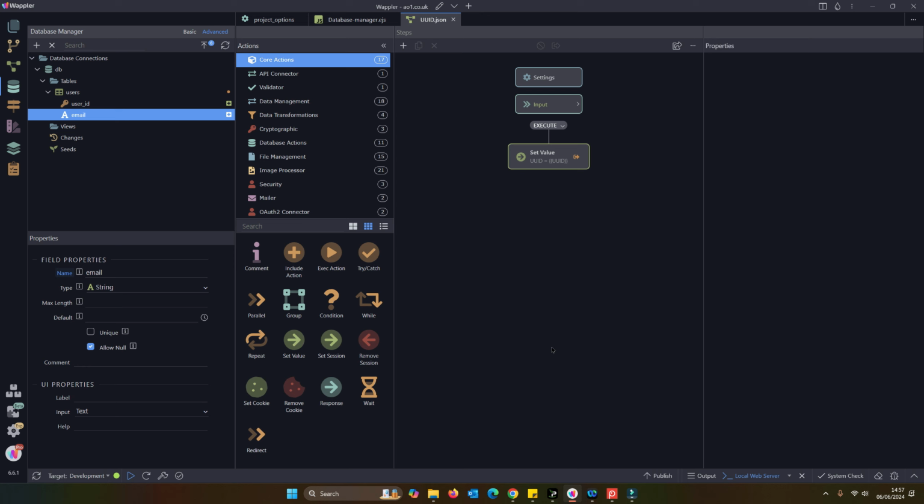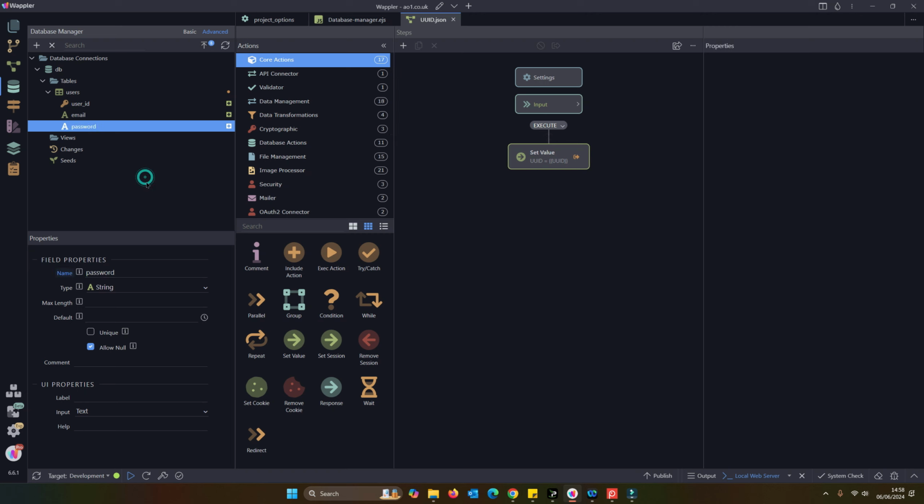We have the opportunity here now to define that it must be unique. So it would do a similar idea to what the validate step does within a workflow action. And we can define whether it allows a null value or not into that field. Now the password.